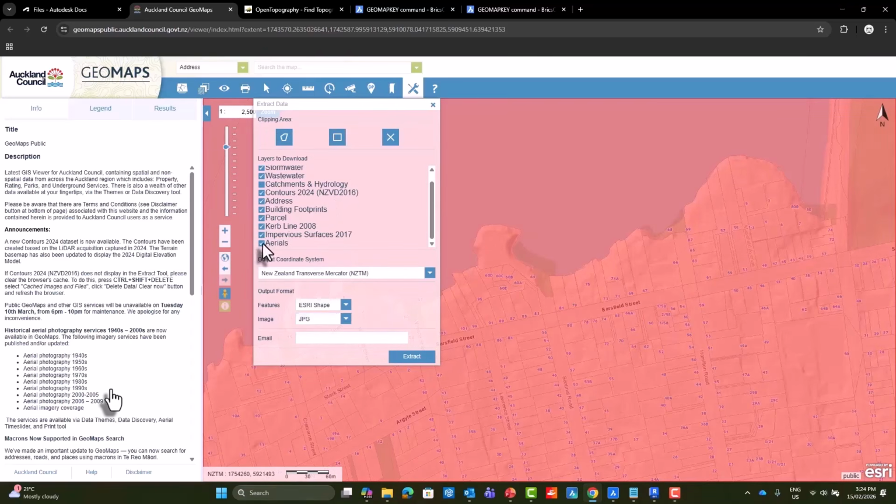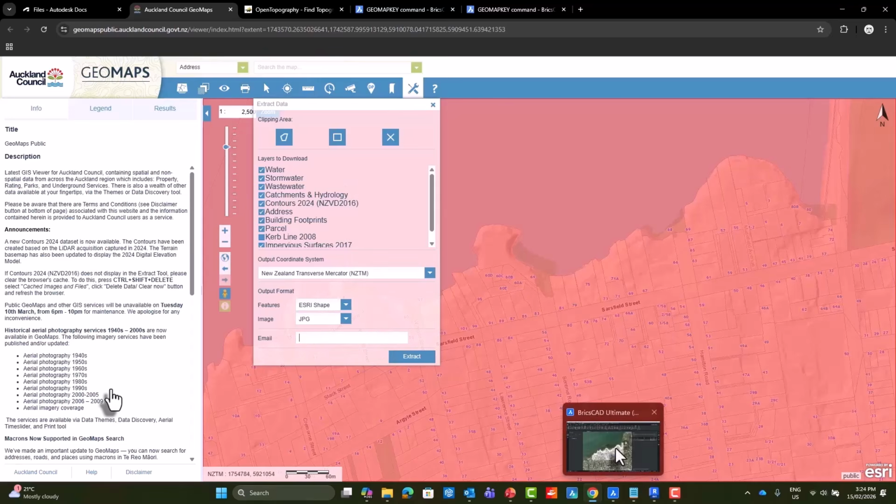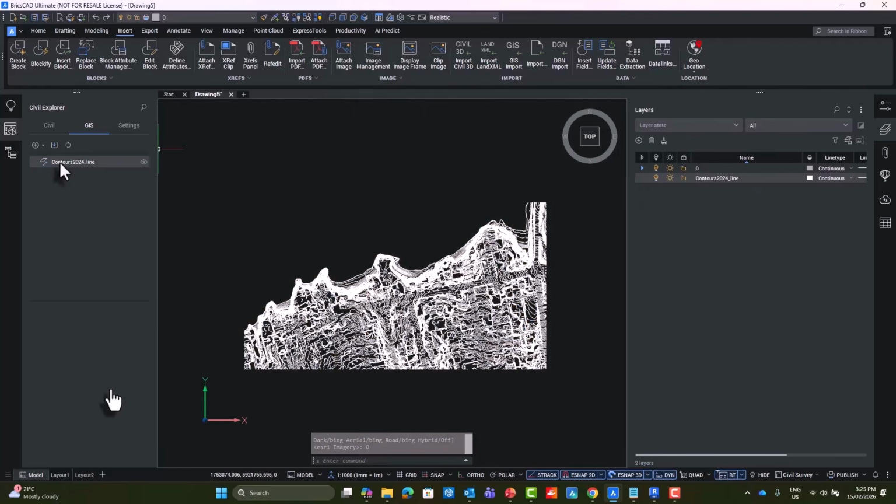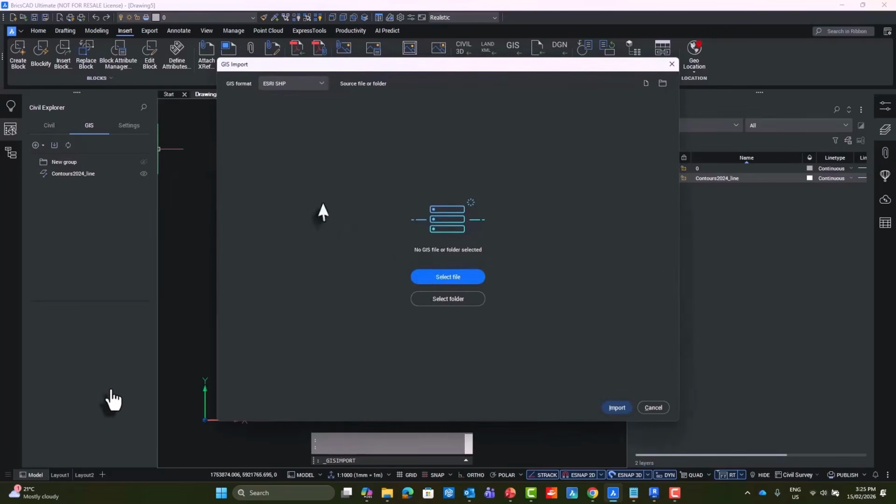So there's a lot of information you can get, and we can set the coordinate system. So we're working to the NZTM. We can choose KML, Geodatabase, DWG. We're going to work with Esri because it has metadata. We put in our email, download the data, and then we can bring it in via the Civil Explorer GIS